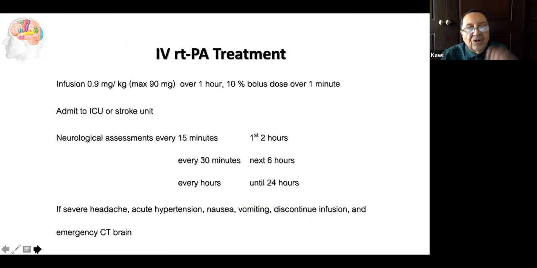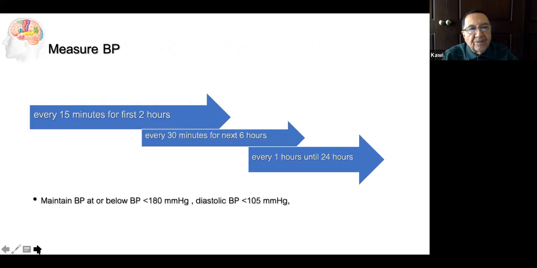So usually we infuse about 10% of the total dose. The total dose is 90. And then we admit the patient for observation in the ICU, and we observe his blood pressure, because we don't want his blood pressure to go high and to cause the area that was somewhat damaged and then reperfused to bleed. So we measure the blood pressure every 15 minutes for the first 2 hours, then every 30 minutes for 6 hours, then every 1 hour for 24